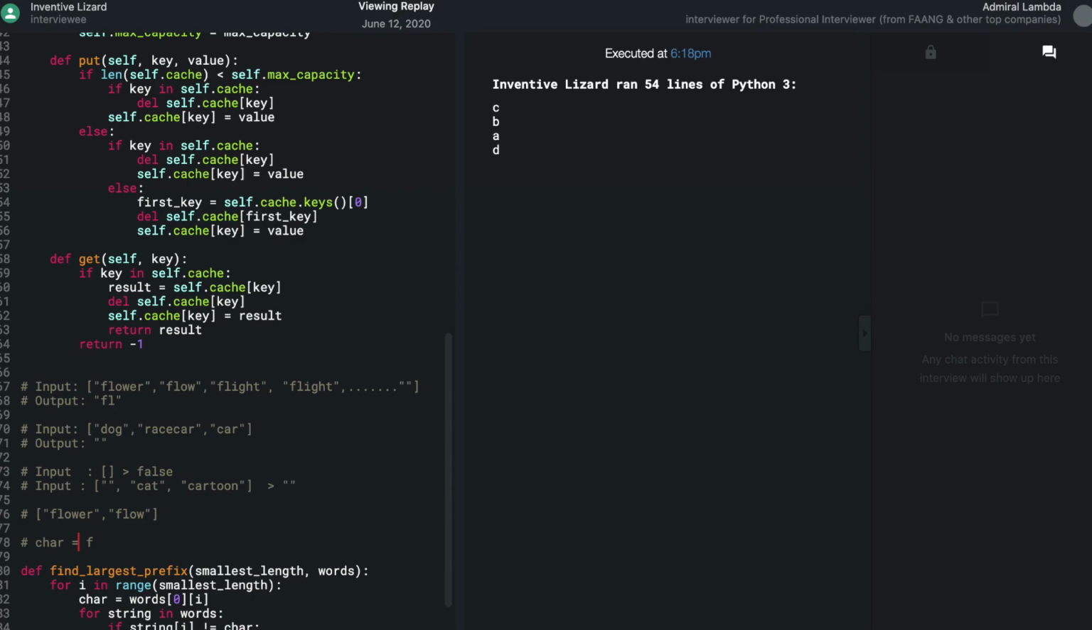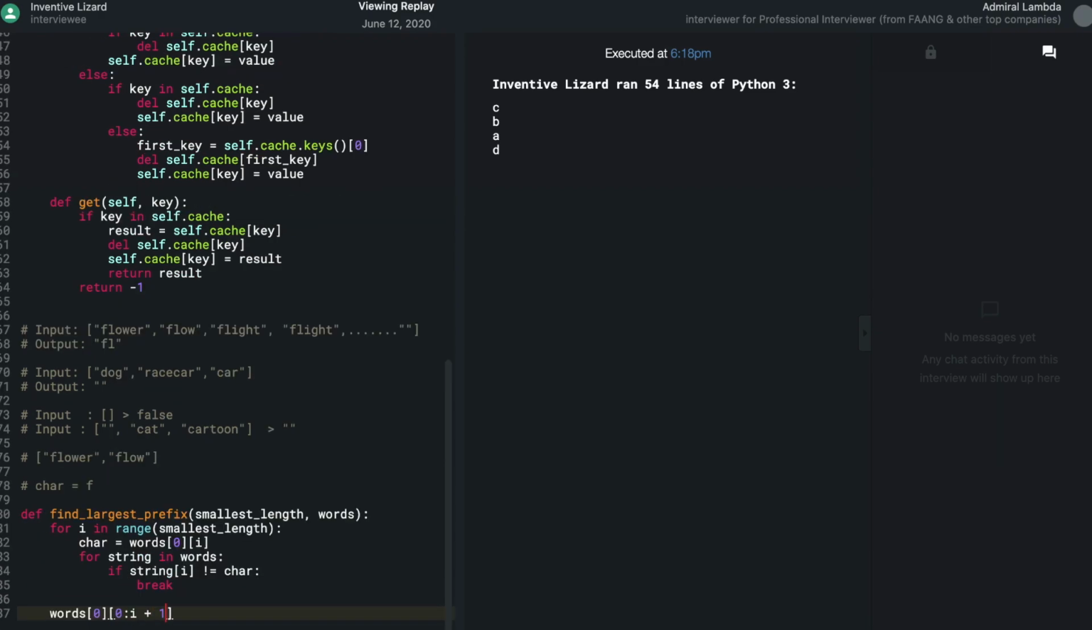Okay. And so we want to take the first word from 0 to 3 plus 1, because this is exclusive, I think. 0, 1, 2. Now, just add the word flight back in again. And so now you have iterated over flower and flow,